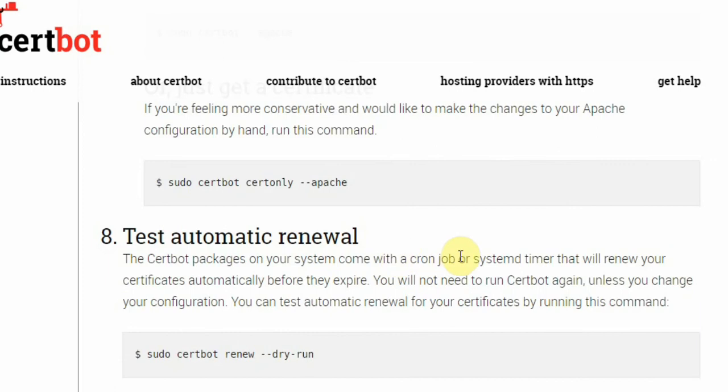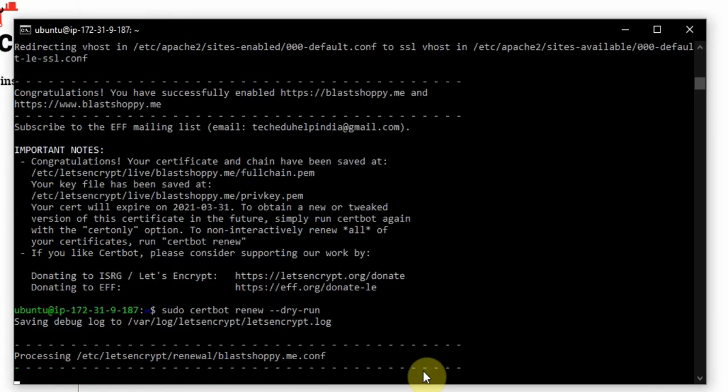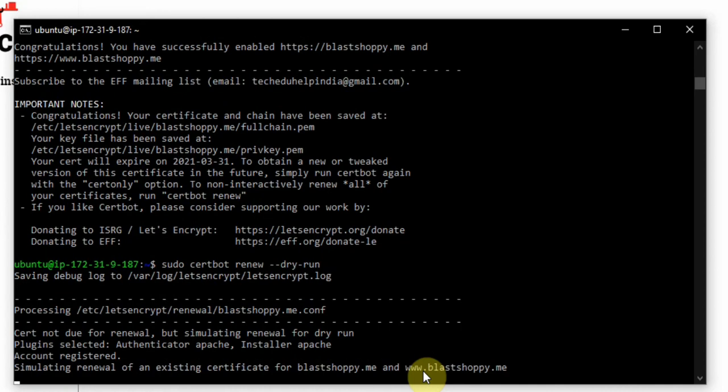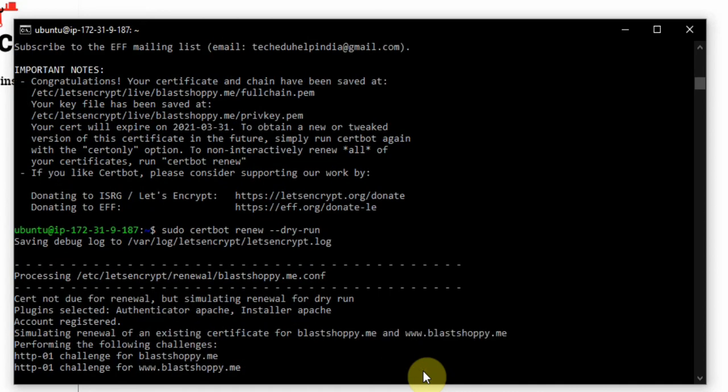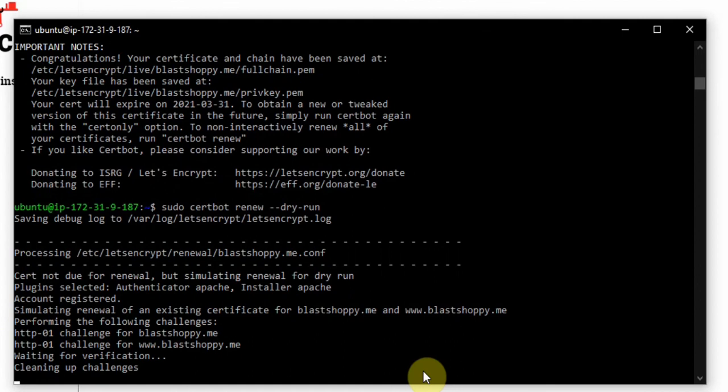It will test every day, and if the certificate is expiring, it will automatically perform the same task and extend our certificate for another 90 days. So we'll install this. Yeah, done.